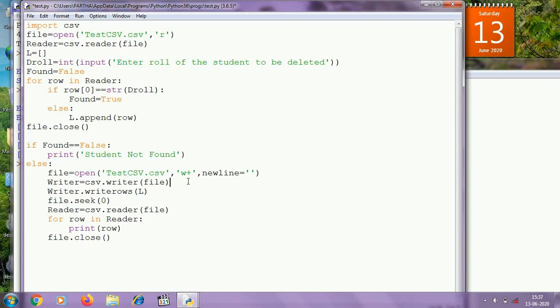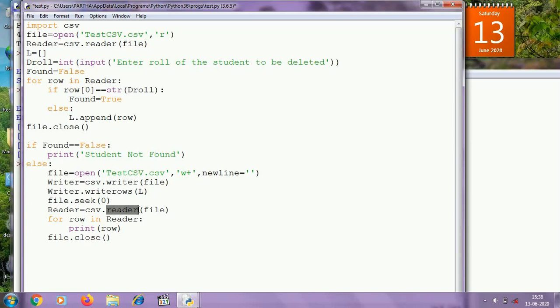Now I am writing the list L to the file testcsv.csv, and this list contains all the records except the record that will be deleted. And after writing I am pointing the file pointer to the 0th byte because I have to read from the file, and for reading I need to create the reader object.